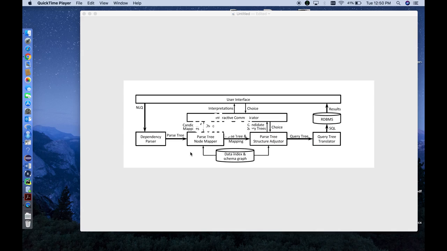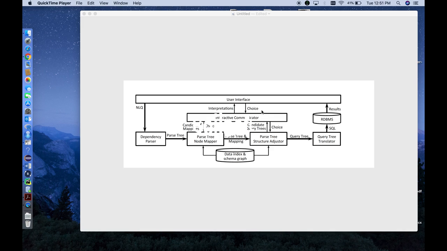Our project title is Transforming Natural Language into SQL Query using Natural Language Processing. We have implemented three methods for this project. First one, Natural Language Interface to Database. Second one, Natural Language Keyword Based Interface to Database. And the third one, Keyword Based Search. So for the first method,